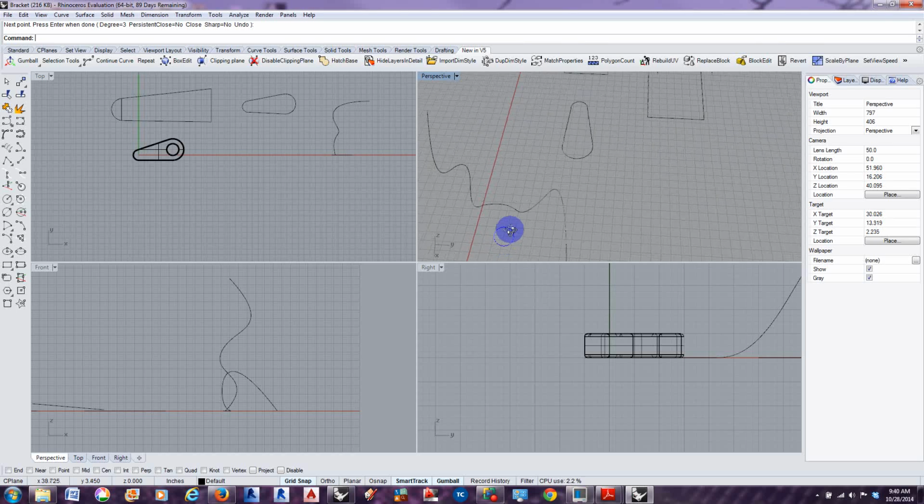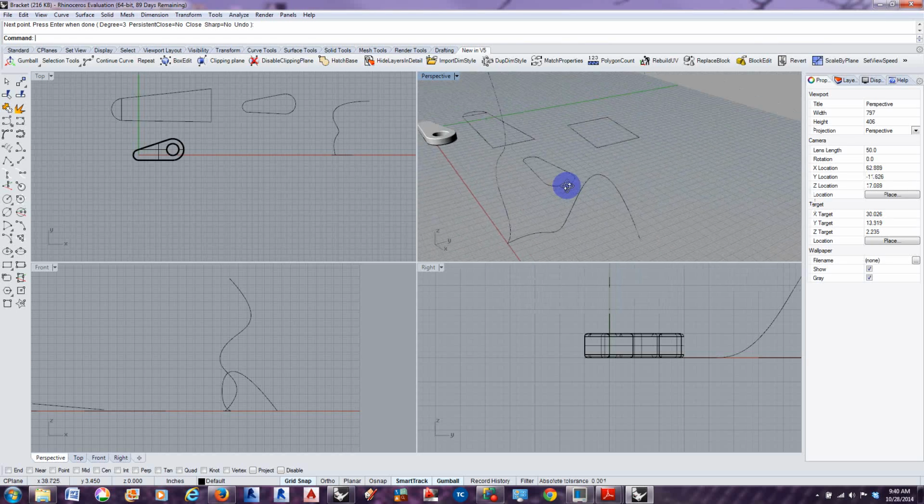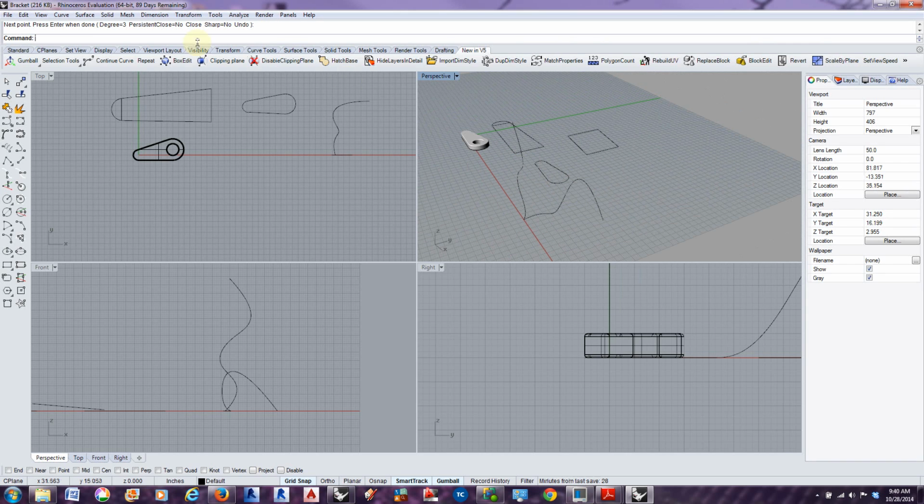And so we've got two completely different looking curves, but we can now